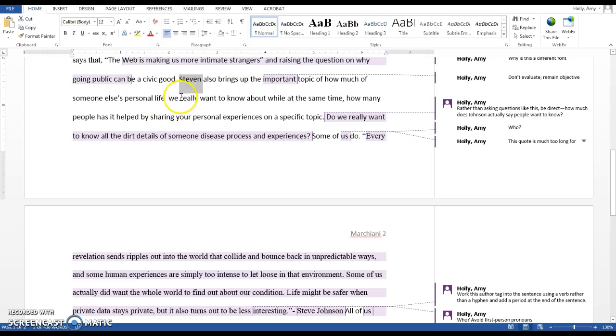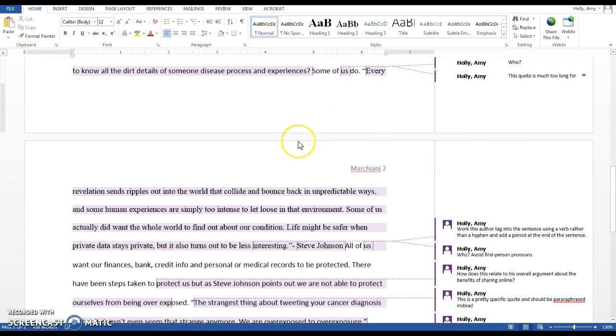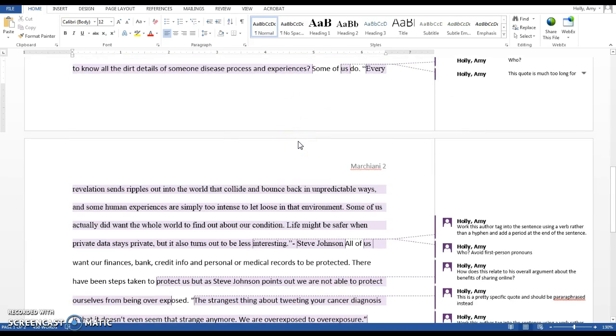You know, just say exactly here, how much of someone else's personal life does Johnson say people want to know? Yes, some of us do, but is that your opinion or his? What does Johnson say? Johnson says that in fact most people are actually happy to hear about the minutia of everybody's day-to-day lives because that's what makes us connected as humans. It's kind of like small talk, he suggests. So things like that, just putting these in your own words is going to make the summary a lot more indicative of your understanding of the article.